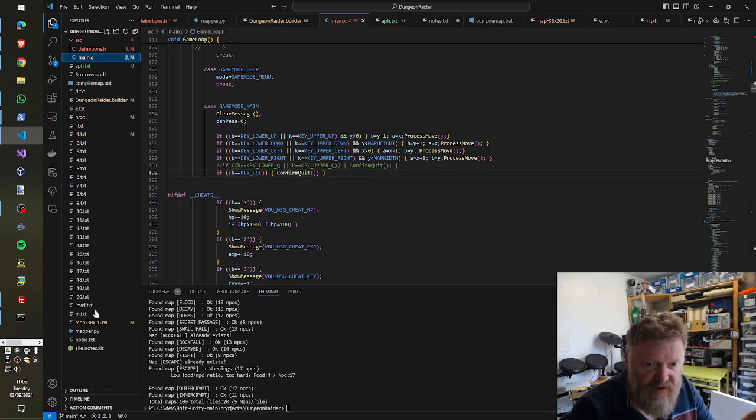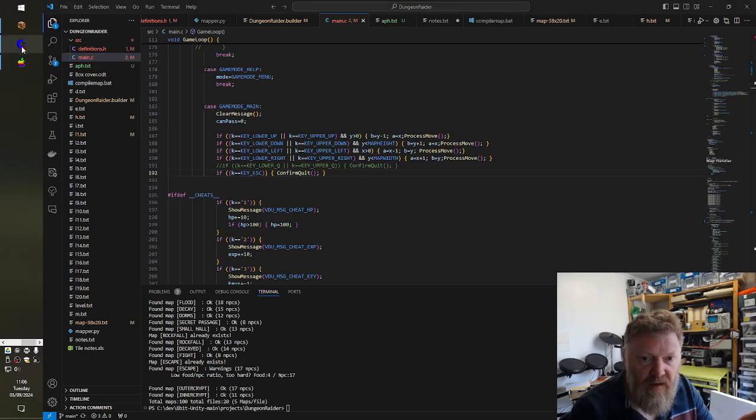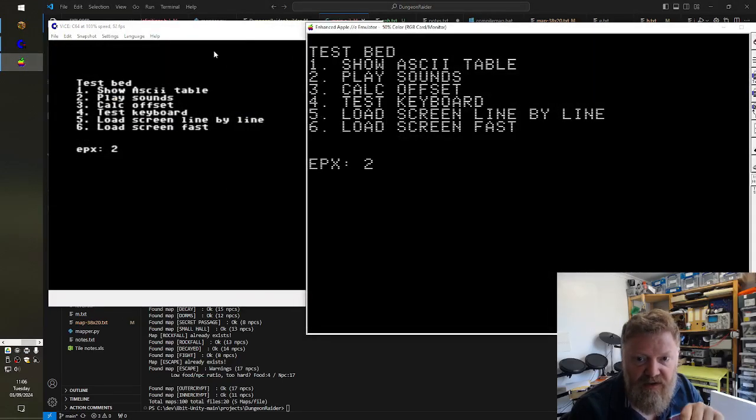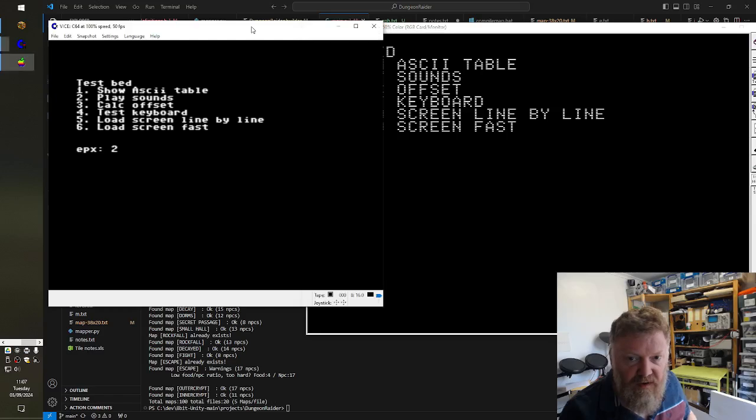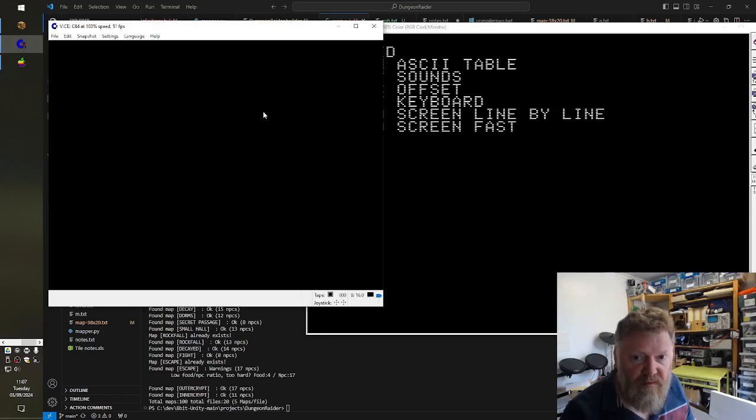Anyway, so if I show you what the differences are, I've got a test application here where I use it to test various things. Just an easier sort of test harness. So if I show the ASCII table on the 64,